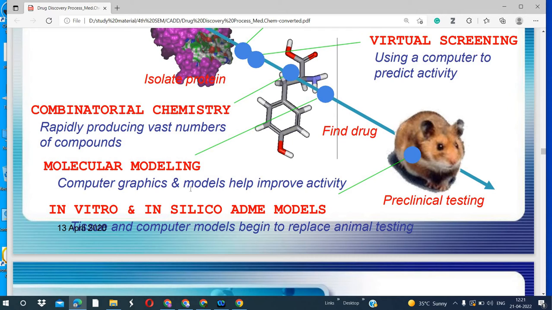We have another database also, CSD, that is Cambridge Structure Database. You can look for different types of molecules. We have different databases like PubChem and DrugBank also. You can retrieve the structure of the drugs from DrugBank and PubChem, and all the information related to the function and structure of the drug compound, or any chemical molecule that can work as a drug.